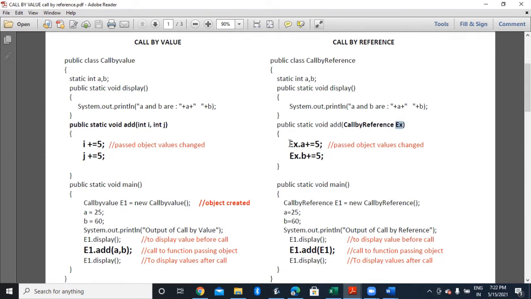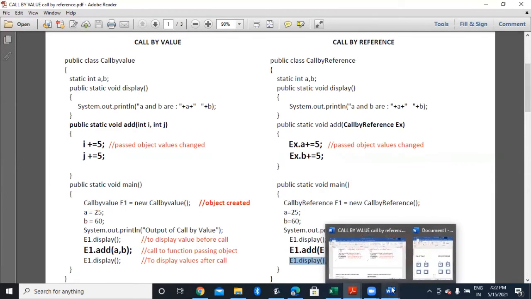Now this object is directly referring to the actual parameters, because you can see object dot variable. So the increase in value will be done in the arguments A and B. Again, I repeat myself, the value is increased in the arguments A and B by 5. So the new display will print A to be 30 and B to be 65.